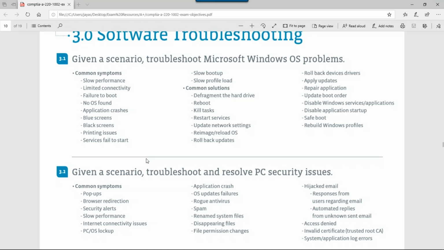So just make sure that when you get these software troubleshooting questions, you go back and look at those keywords. It's going to give away what you're looking for. I saw quite a few of these.